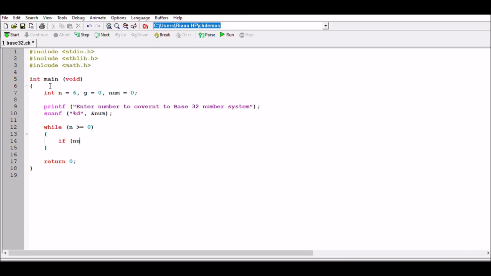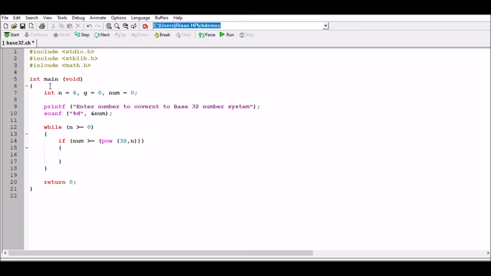Okay, so if num is larger than or equal to pow of 32, n, like that. And if that's the case,